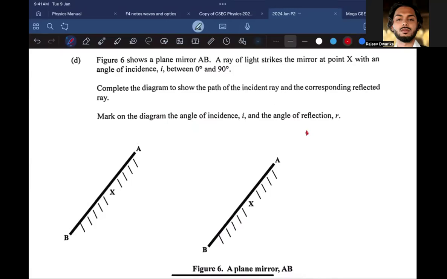So Justin, Jadon, and Ocean, listen to what's happening. Listen to what's happening. Figure 6 is a plane mirror. Guys, when you look in the mirror, and you just see yourself,